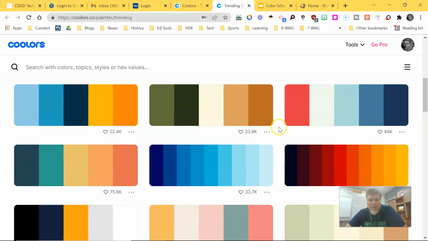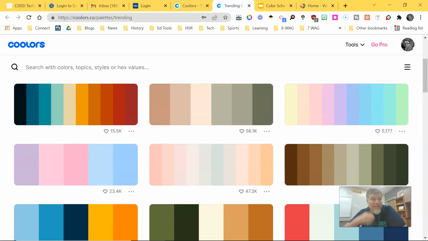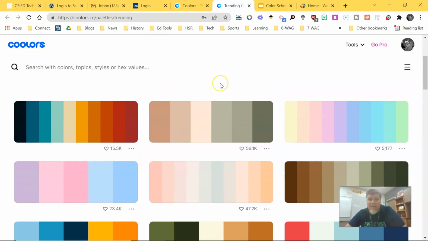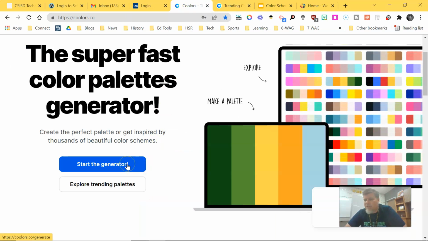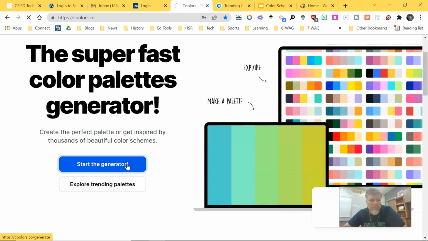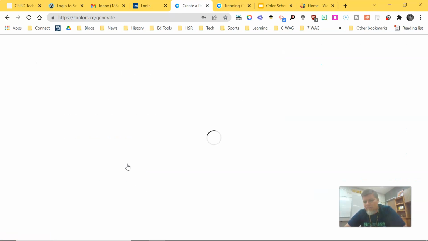And you can select them. Let's say you just see a few of those that you want. It gives you the hex code for each of those colors, and you can see what they look like together. So that's one way to go about selecting a color palette. But perhaps you scroll through that and nothing really strikes you. You click Start the Generator,